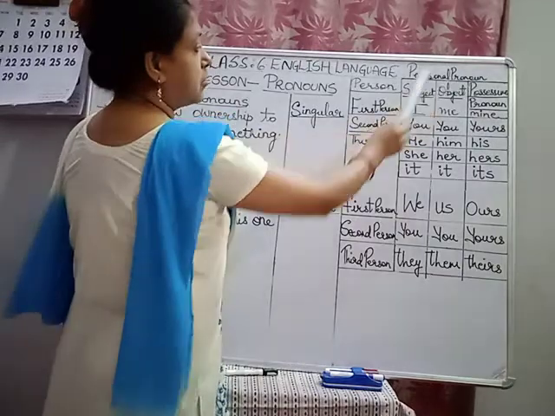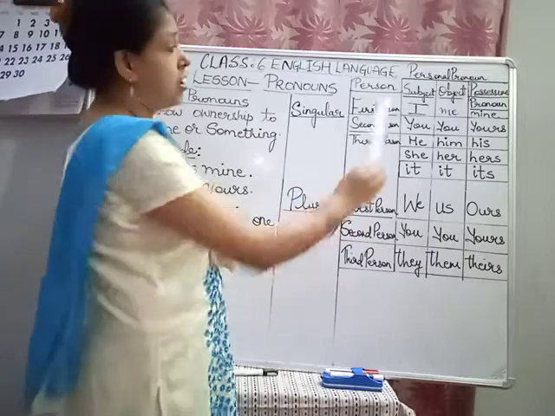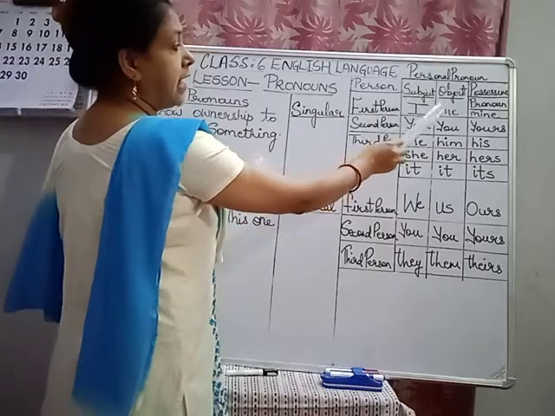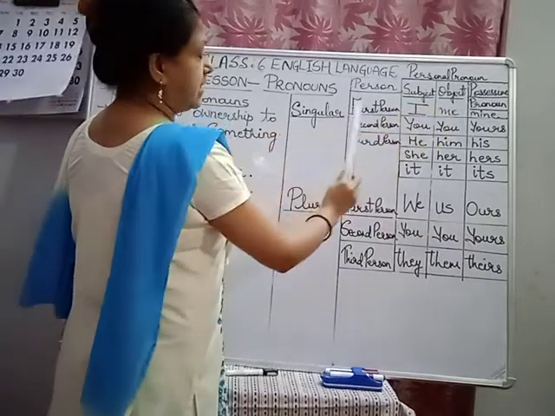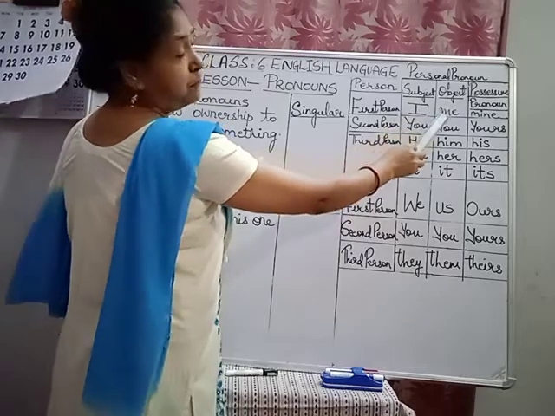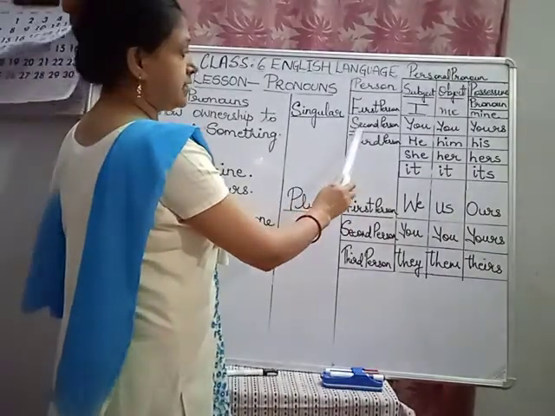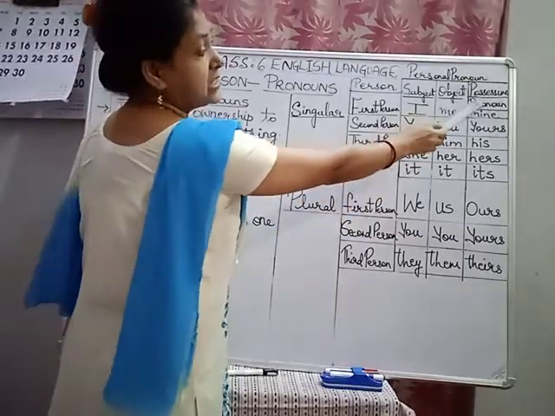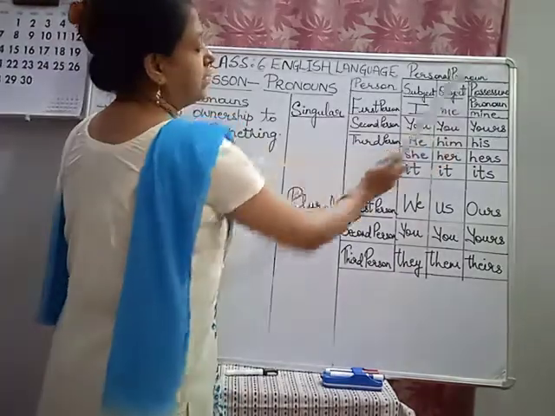First, in personal pronouns, which we studied in our previous class, in the previous video, children, we saw the subject and the object in the first person, I and me. But today in the possessive pronoun, let's see the first person. When the subject is I and the object is me, then in the possessive pronoun it becomes mine. Singular in the second person is you, subject and object you, but in the possessive pronoun it is yours, ending with s.